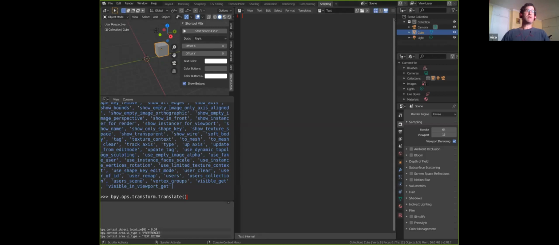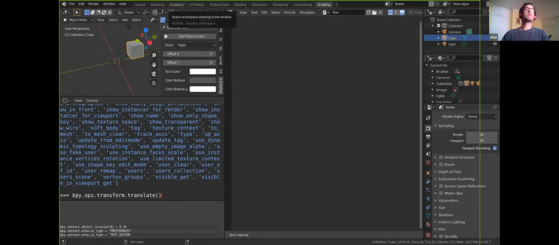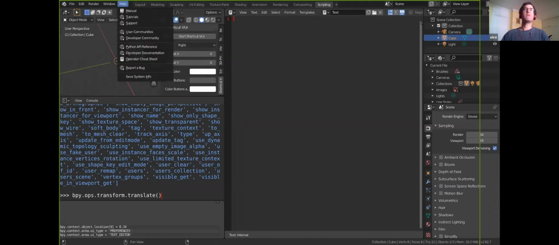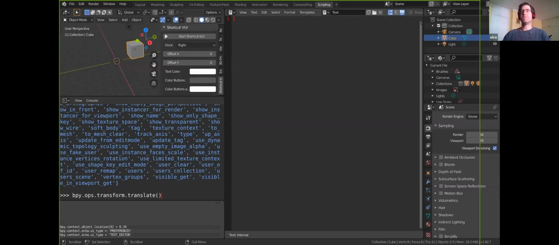What else as general stuff? Okay, Python API documentation. There's a link in the documentation. And also if you go here, sorry, my Zoom doesn't give me access to it. Maybe if I do it like this, you still see my window? Yeah, okay. So under Help, there's also the Python API reference. You can access it through here. It will open a web page in your browser. It's not inside Blender, the access to this, but